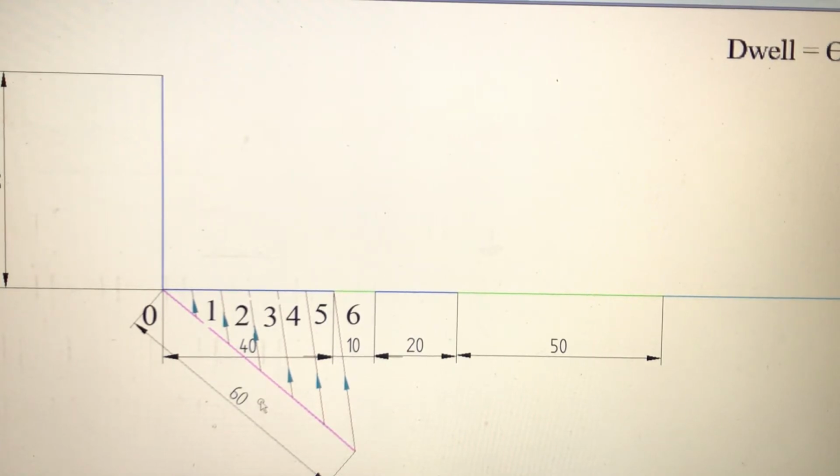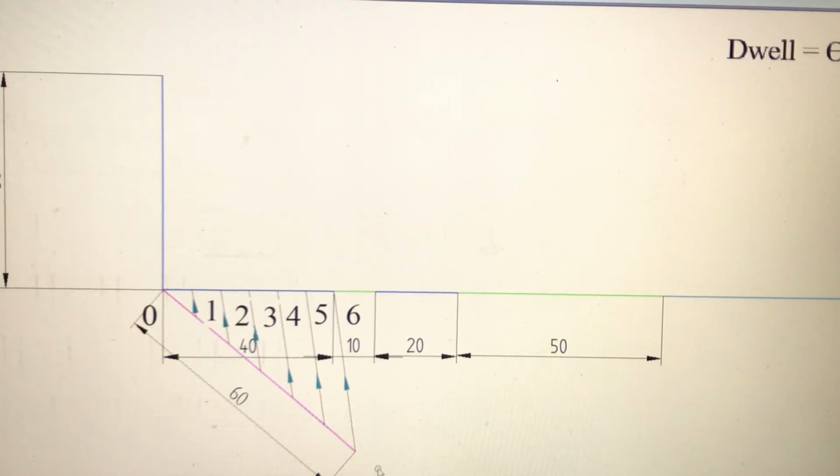Apart from these values, if you select other values, like 40 again, it's of no use, because again you will get decimal points. So to avoid that complication, you should select in such a way that you do not get any decimal points on the inclined line. That's why I chose 60 mm.